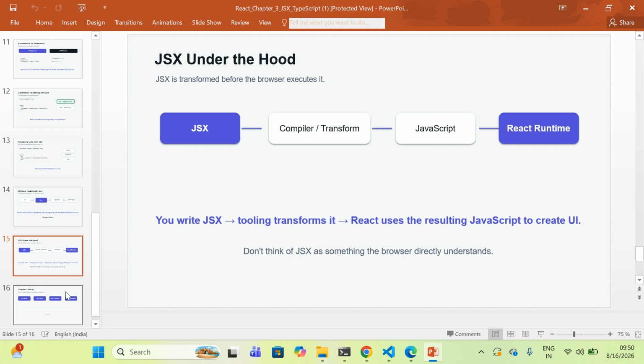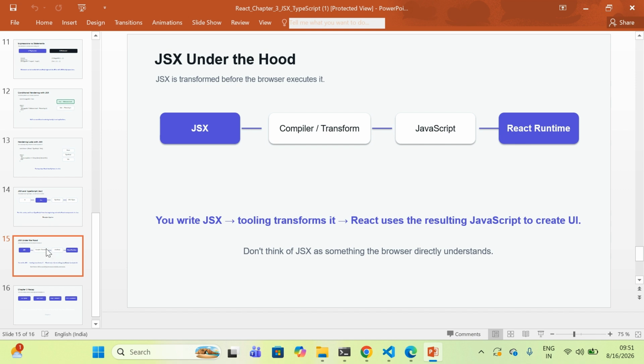So, JSX under the hood. Let's step back for a moment and answer a very common question. Does the browser understand JSX? No, the browser ultimately needs JavaScript. So our development tooling transforms JSX into JavaScript before it reaches the browser. In our application, Vite and the React tooling are responsible for this development workflow.